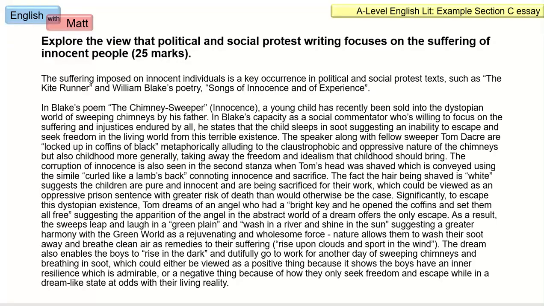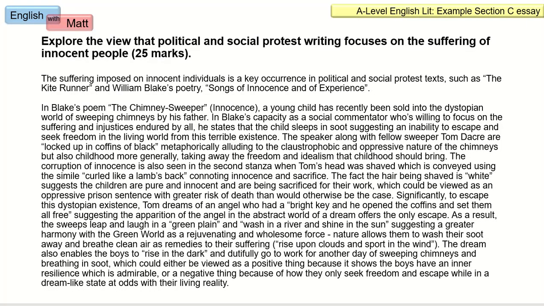A couple of those paragraphs are about Blake, and a couple of those paragraphs from memory are about the Kite Runner, or it might be actually that 3 of the paragraphs are about Blake, and 1 paragraph is about the Kite Runner. So anyway, you'll see that in a second. There's no need to compare the texts together with this task, so you can simply write a very blocky essay structure,